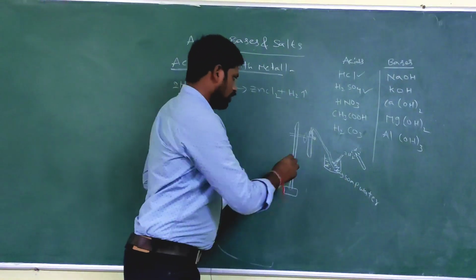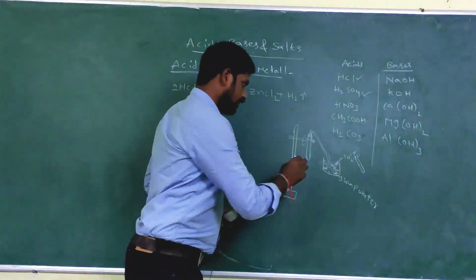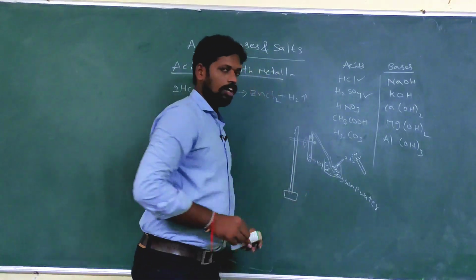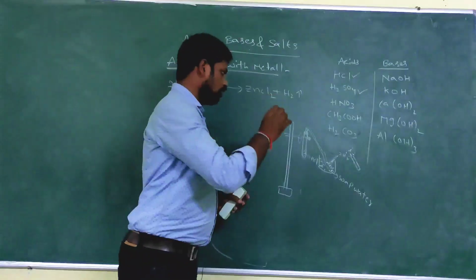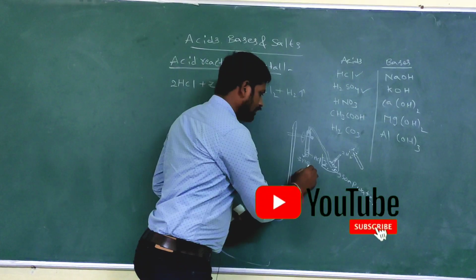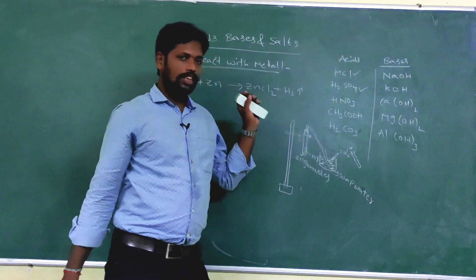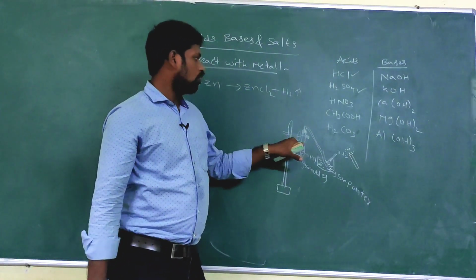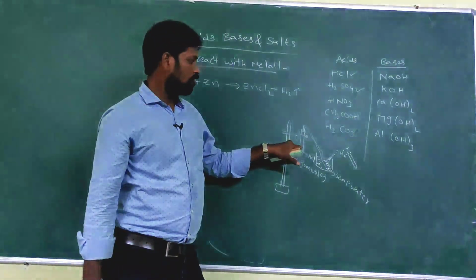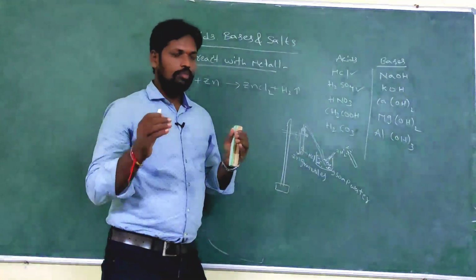Now, the test tube. In the test tube, what do you use? First hydrochloric acid, which reacts with the metal, zinc granules. You put this in a test tube stand, take one test tube, and add HCl and zinc granules, and you get the result.